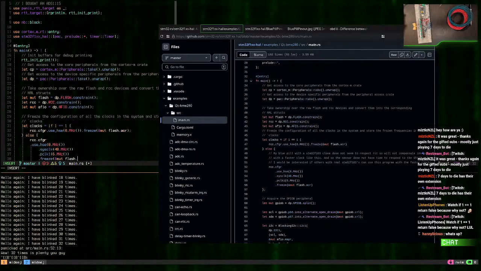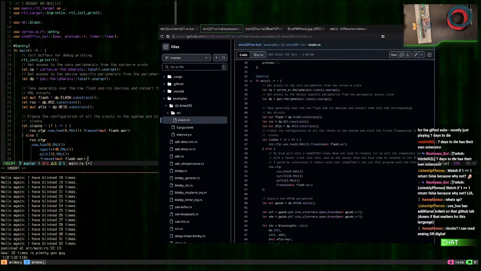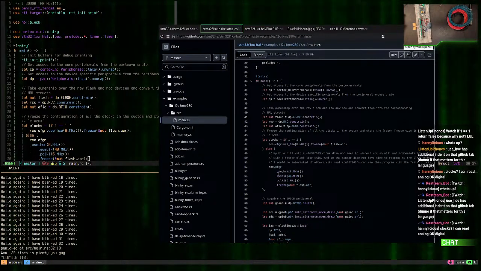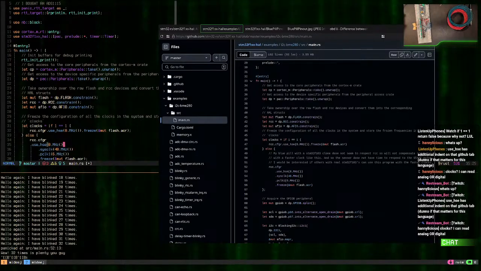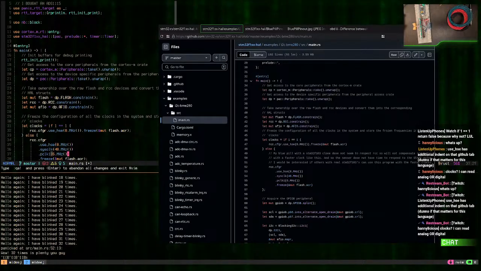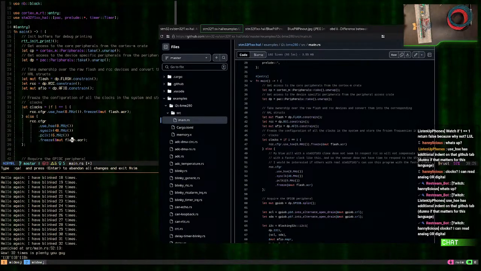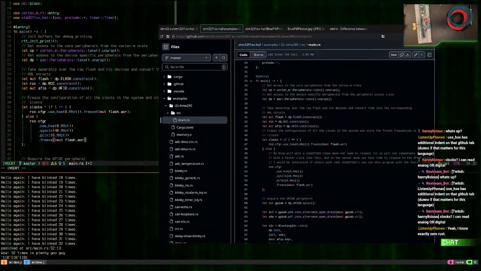mut. Have you ever had to write a program as an additional indent on that GitHub tab? Don't know if that matters for this language. It probably does not, but this is just Rust, so whitespace isn't dependent. I can read analog or digital. How many times have you ever had to write software? Oh, no. Don't need